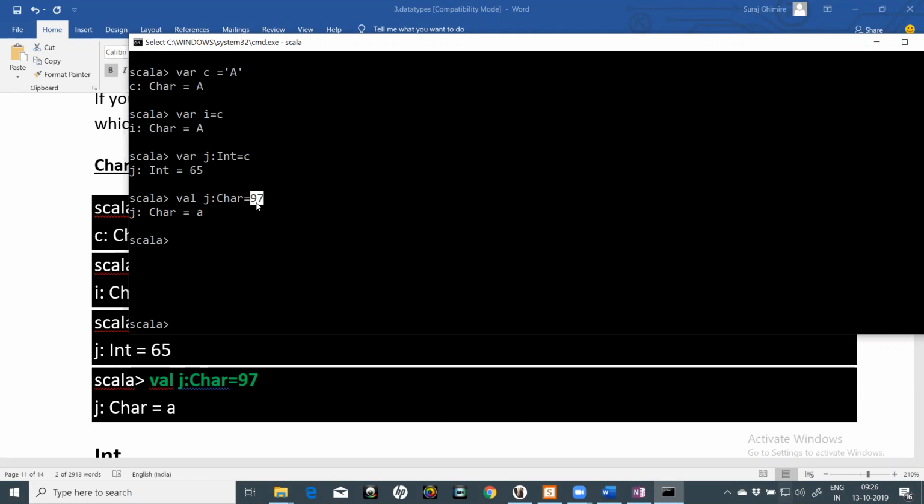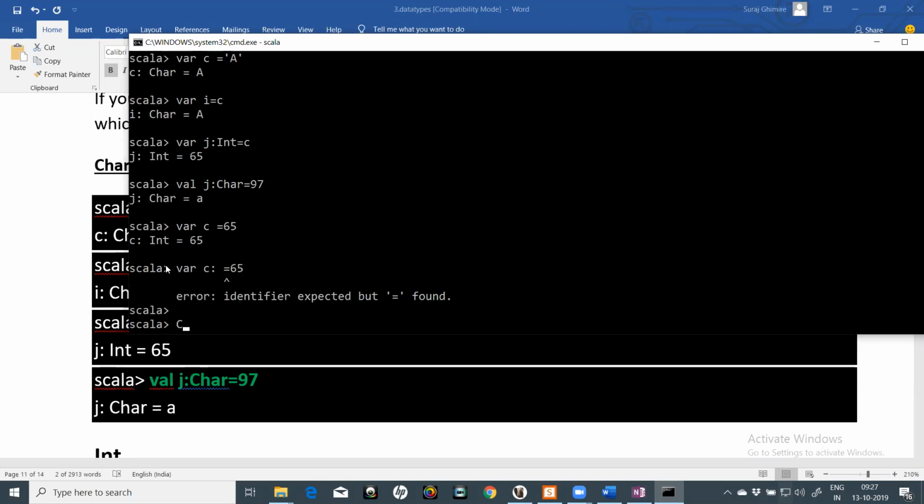So if I give a number, then its character equivalent will be assigned here. Okay, so what I'm trying to tell you is you could have done it like this. Instead of writing 'A', if you write 65, then it is an integer, right? But if I say this c should be of Char type, sorry, this c should be of Char type,